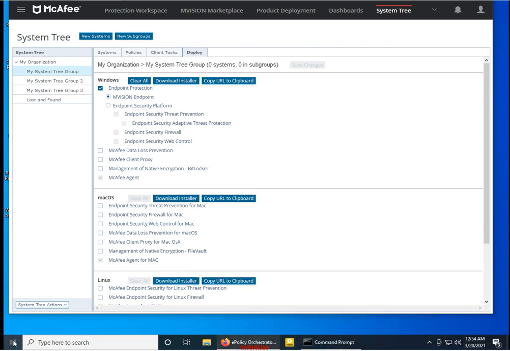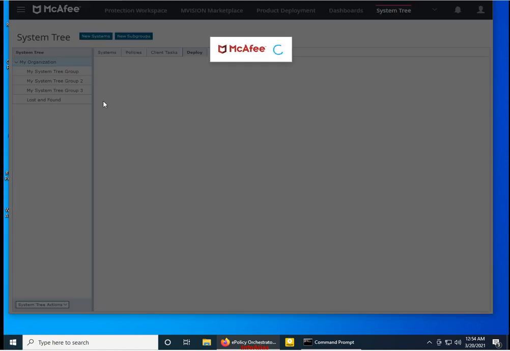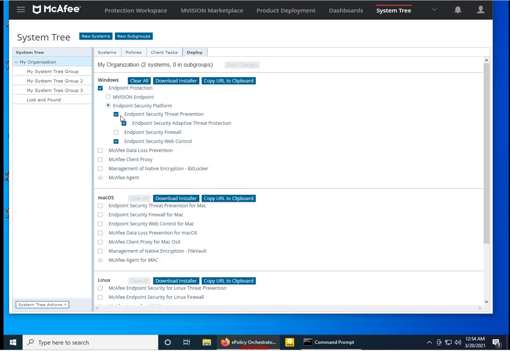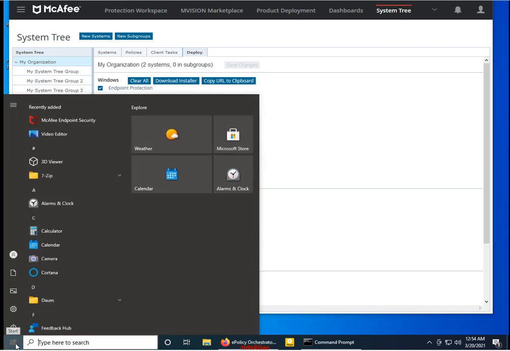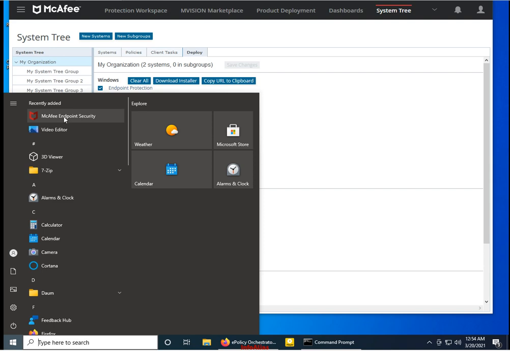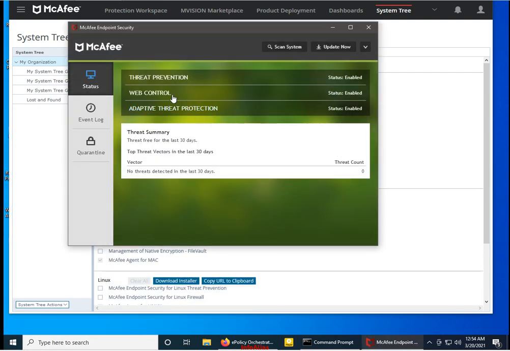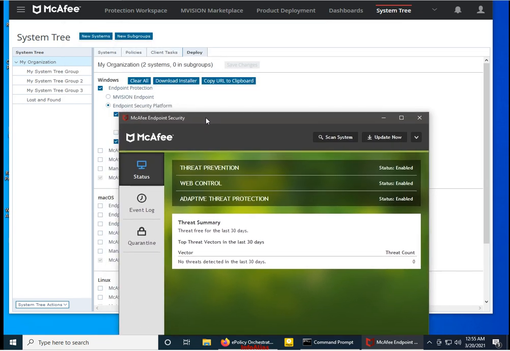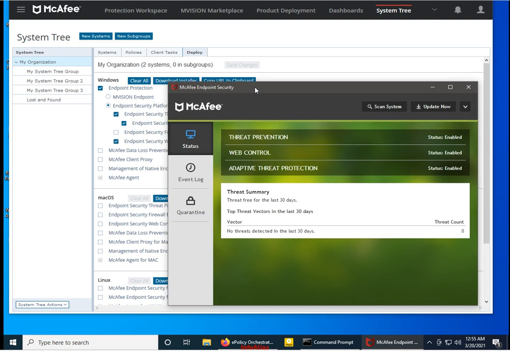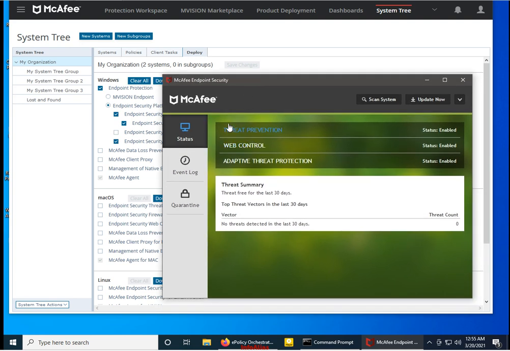Now we can see on the client machines what about the other products which we have selected for my organization. In my organization I have selected these three products inside the endpoint security platform. So we will verify whether all these products have been installed or are still in progress. Again I will go to the start windows and select McAfee endpoint security platform. Now I can see these three other products have also been deployed, which we had selected while deploying on the McAfee mVision dashboard. So it means all these products have been successfully deployed.